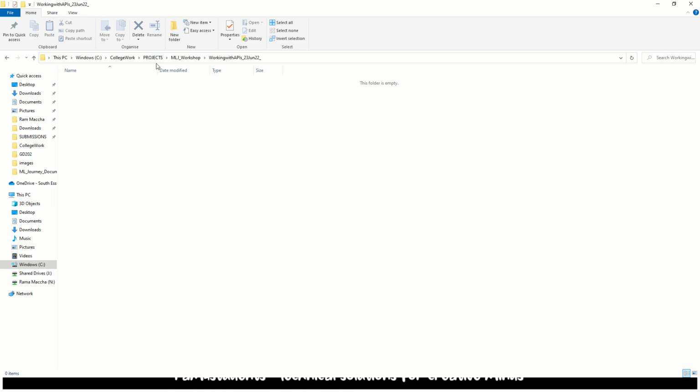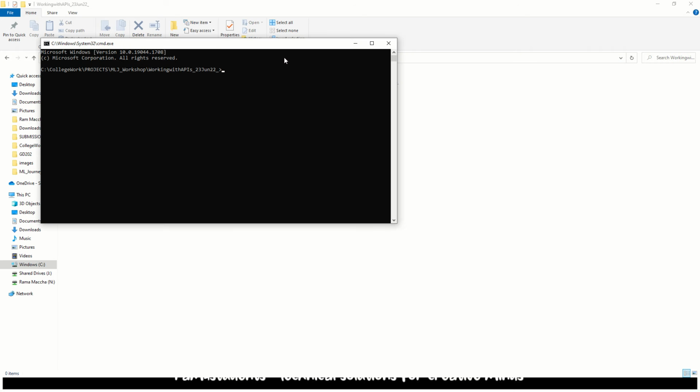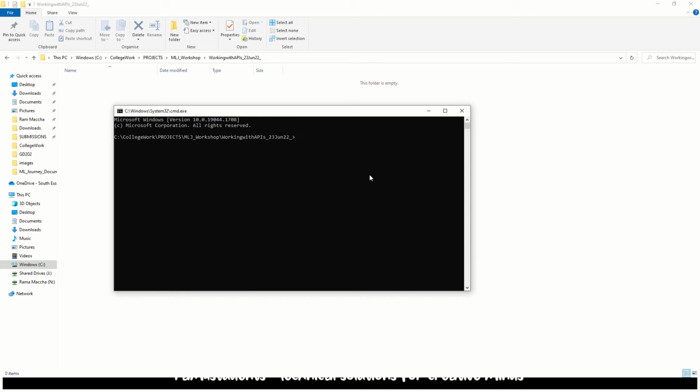So I created an empty folder. Once again, we will be using Visual Studio Code. You clearly know why I'm highlighting this, because here we'll be working on the command line and all that. So if you click on this text, type cmd, so we can get our command line, and then we'll